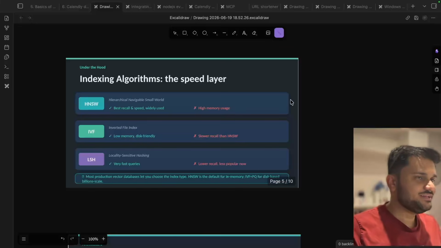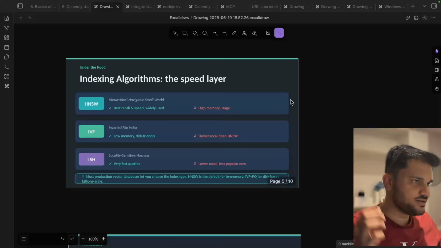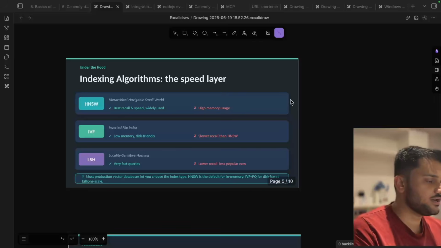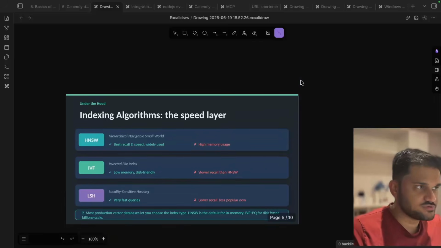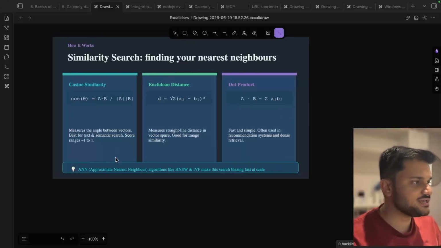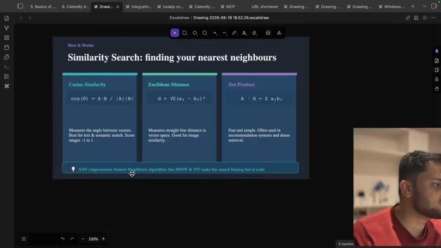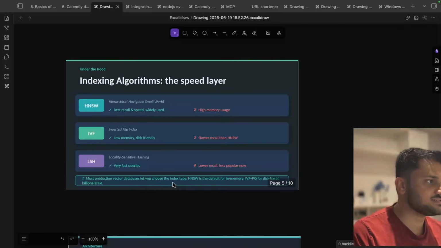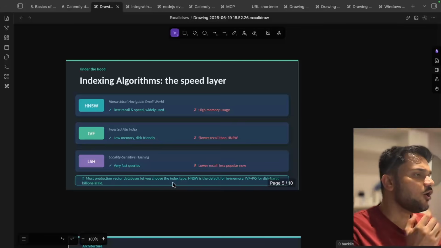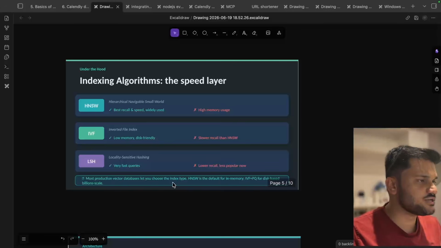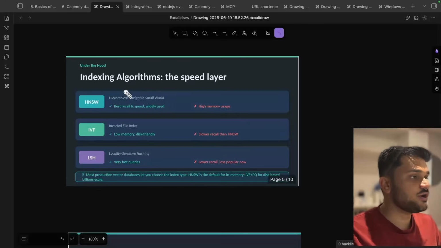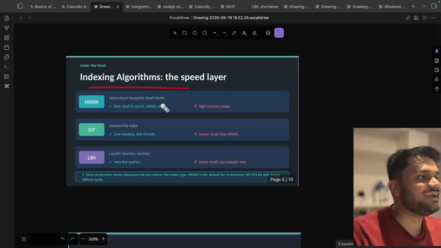Now, a question can come to your mind: if there is a vector database and there are so many points in this vector database, then finding nearest neighbors might be a very slow task, right? Because if I ask you to figure out an algorithm, you will figure out something like brute force, right? But what we can do is execute something like ANN, that is approximate nearest neighbor algorithms. And for doing this, vector databases use indexes. Yes, the same indexes that your normal databases use for improving your search, right? So here as well, if the vector database wants to improve the search so that they can search way faster, they can opt in for different indexing algorithms,